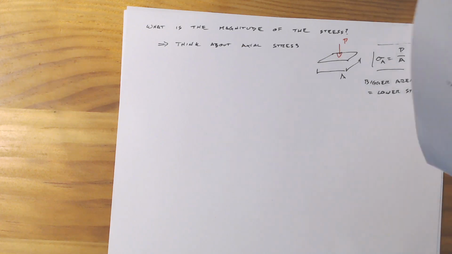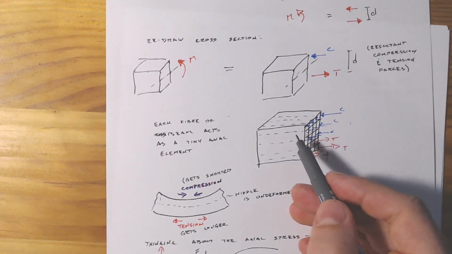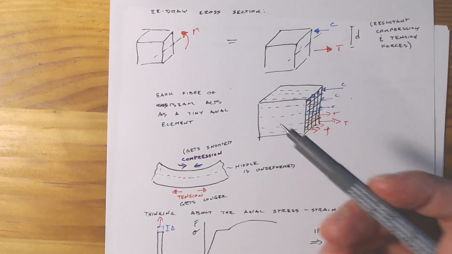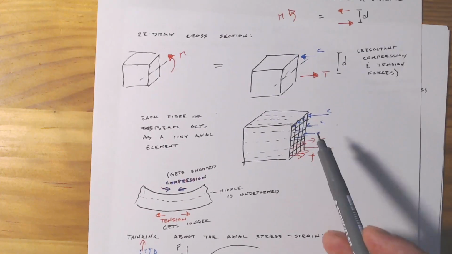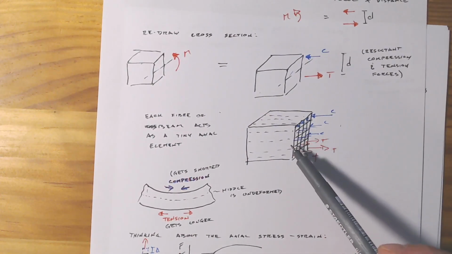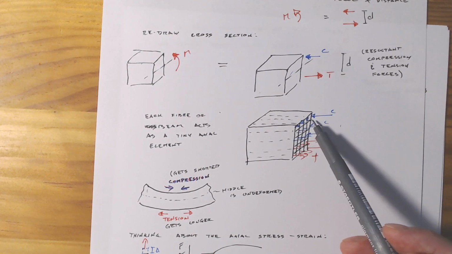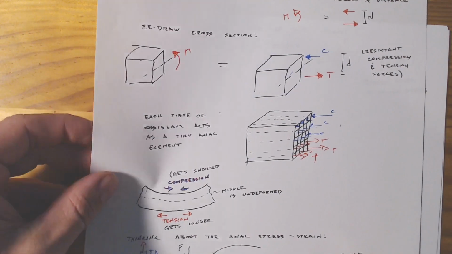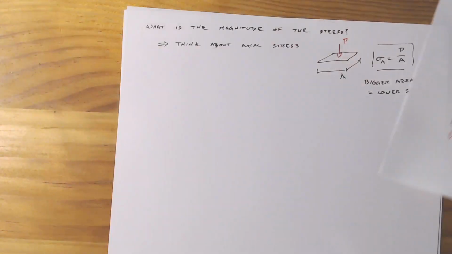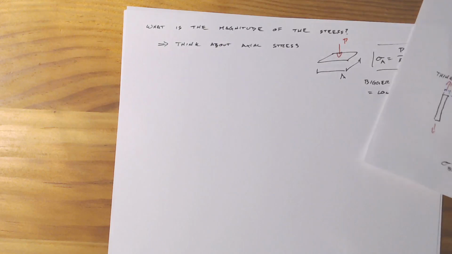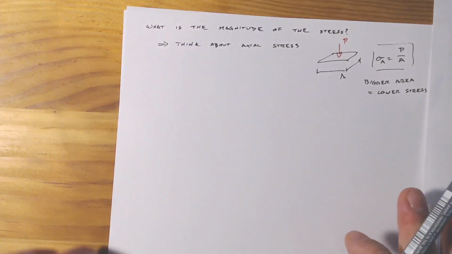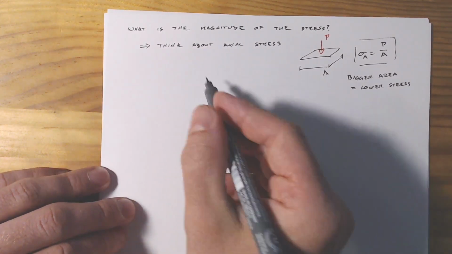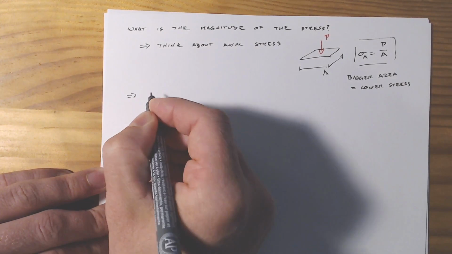equals lower stress. And so much the same as with bending, if these are a whole series of axial members all stacked together, acting together based upon this moment, well, then it would also make sense that, based upon the area that each of these tiny forces is acting on, that will be dependent upon what the stress demand is and what the magnitude of the stress is for the stress distribution, which we've just shown. So we'll just write this down just so that it's here and it's clear. So, for